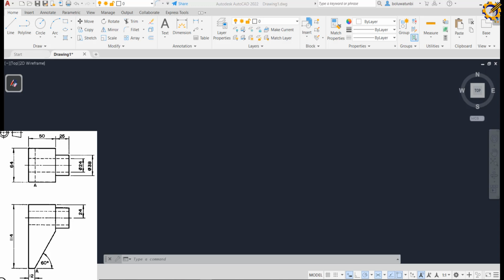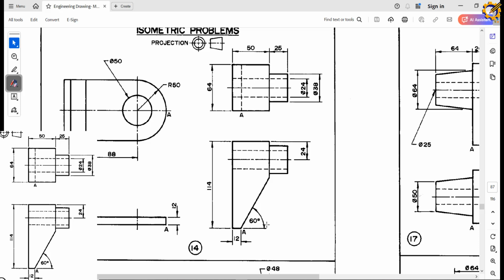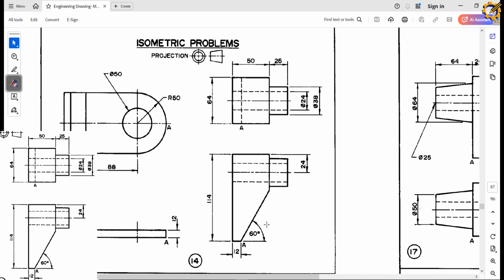Alright, we'll be considering problem number 14 today, using AutoCAD for conversion from orthographic projection to isometric projection, and this drawing is in third angle projection. Alright, so the very first thing I'm going to do is pick my